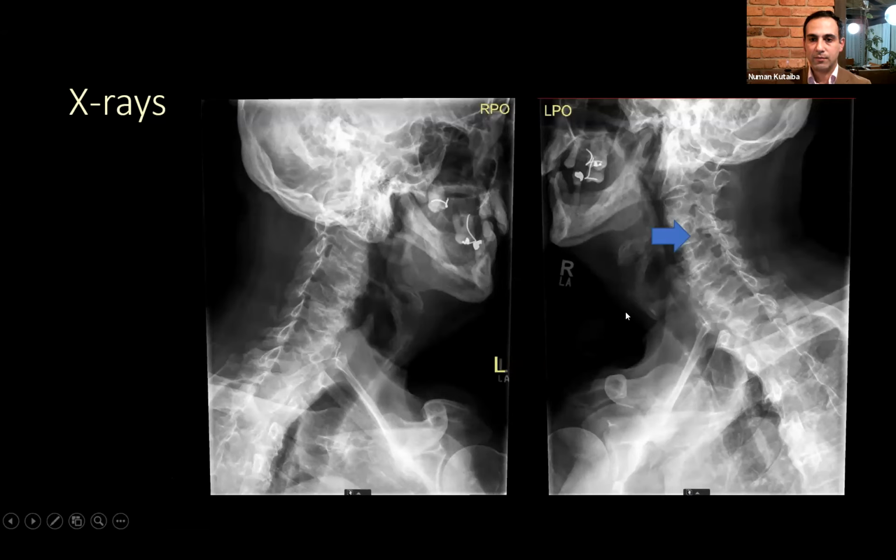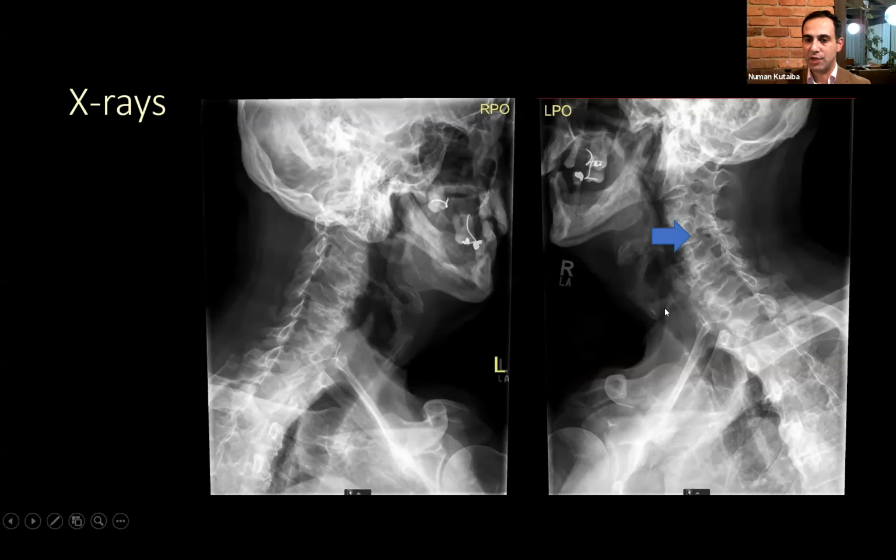Foraminal changes are best seen on these oblique views. As you can see, these are the foramina at multiple levels. The arrow indicates an area where the foramen is narrowed and there's facet joint arthropathy at that level. If you compare it to the level below, the foramen is open and capacious. So this foraminal narrowing is the site where a nerve root is exiting at that level and is likely to be impinged in this location. That's from the bone point of view.